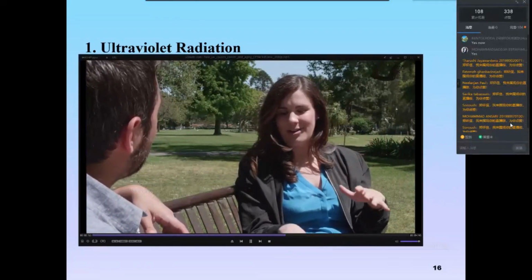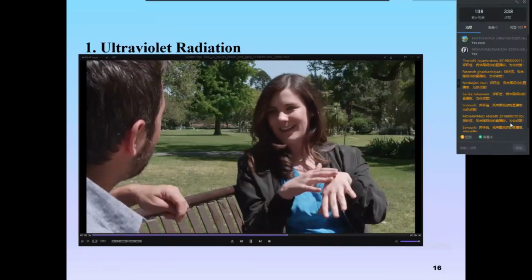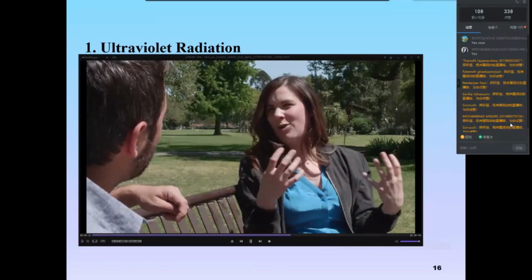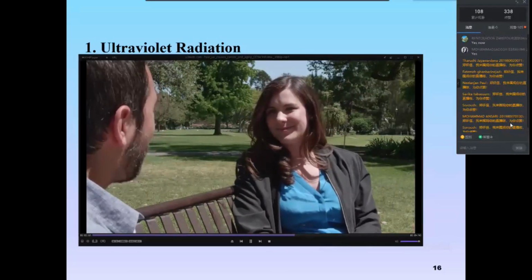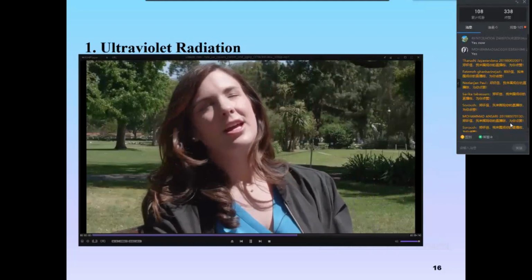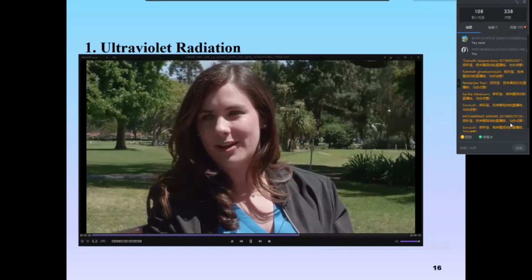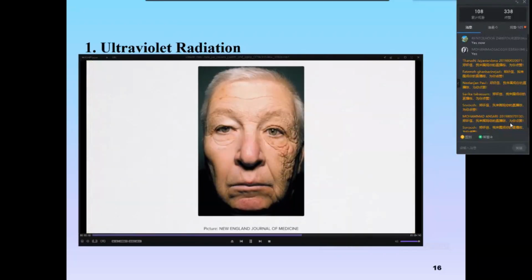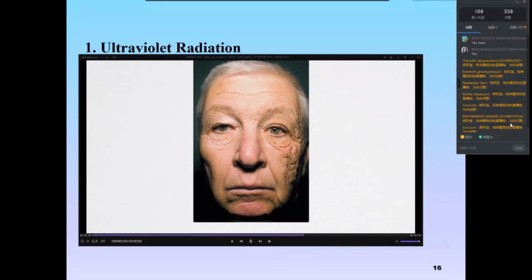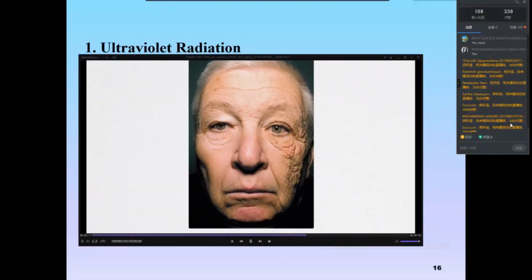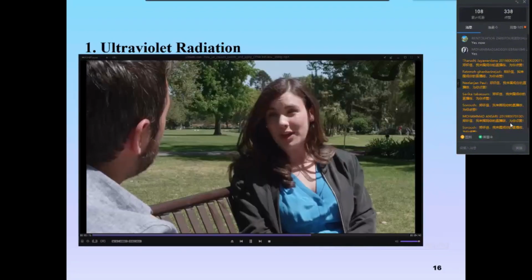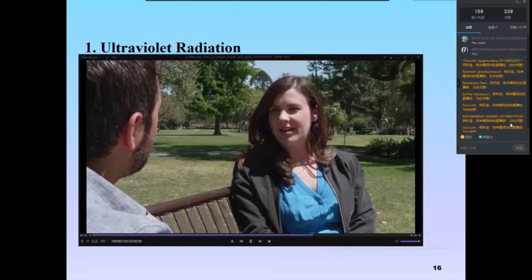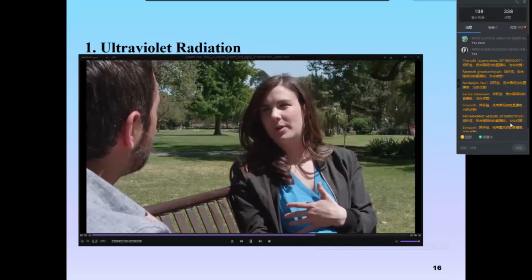And a lot of my patients, if you compare their hands, the left is more wrinkled or has more sunspots on it because they're driving, so they're sticking that hand out there. Truckers, absolutely, you can see it the worst. And there's a really famous picture of someone whose left side of their face is significantly more, as we would call it, photoaged or old looking than the other side of their face. So that's mostly UVA. And UVA, as I said, it's a longer wavelength, penetrates a little bit deeper.